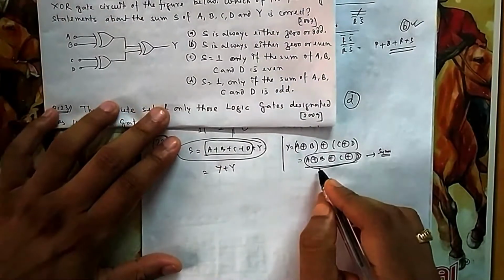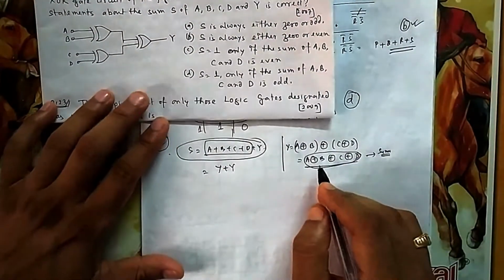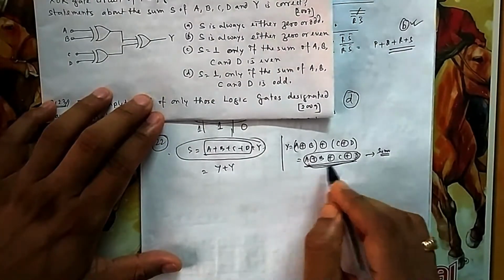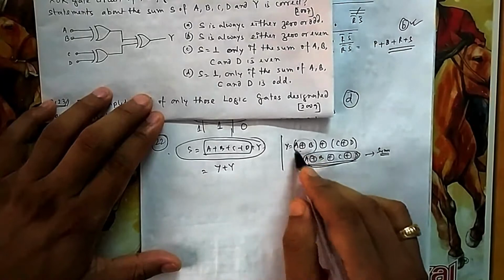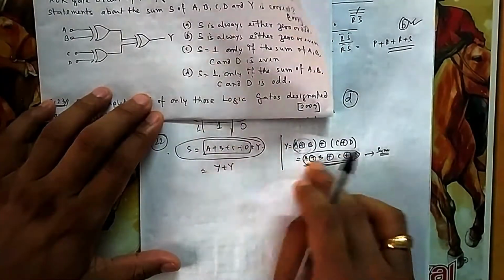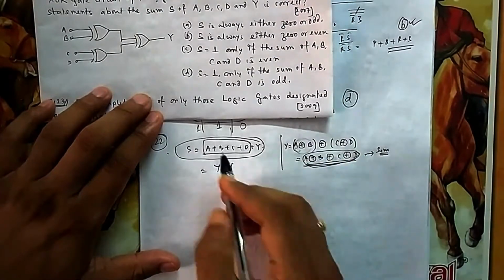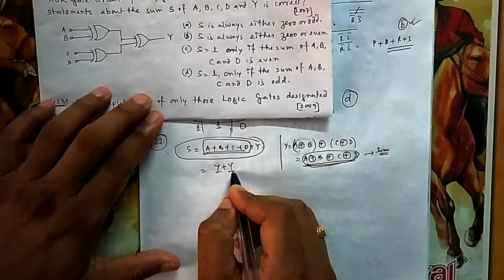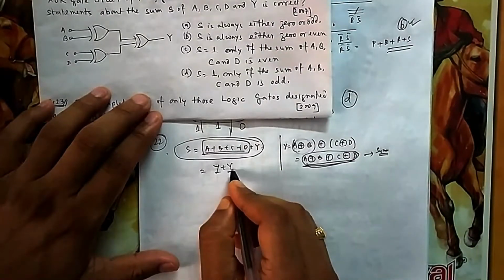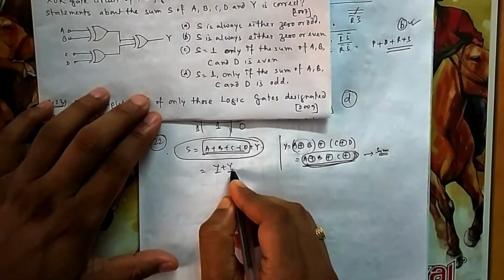Because this XOR means, you have seen full adder, half adder, what is your output sum, what is your carry. So this XOR of A and B gives the sum of the addition of A and B bits. So it is the addition of all 4 bits. So this is nothing but Y, so Y plus Y. If you add both these bits, if both are 0, then 0. If it is 0 and 1, then it is 1.